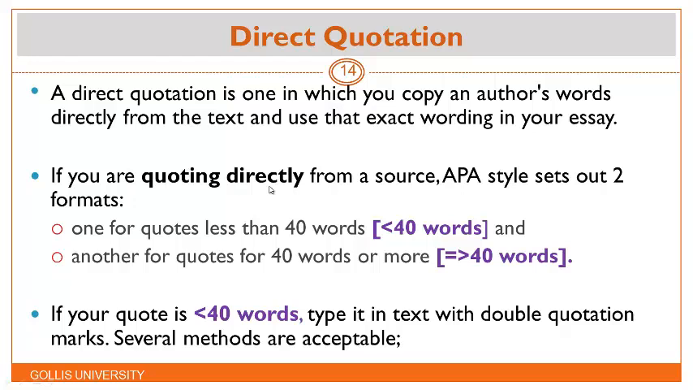in your essay. So if you're quoting directly from a source, according to APA, there are two formats we can use. There are quotes for words which are less than 40 words, and another one for quotes which are more than 40 words. In case you're quoting words which are less than 40, how do you write it? According to APA, if your quote is less than 40 words,